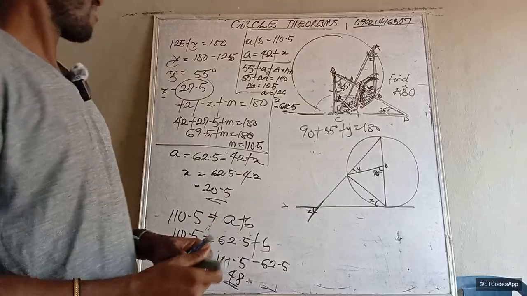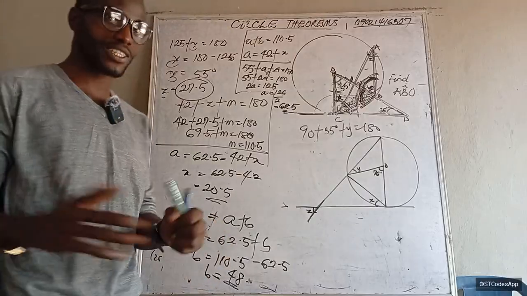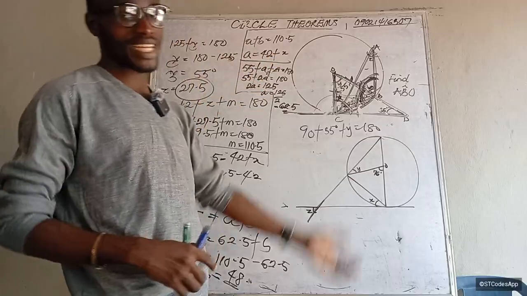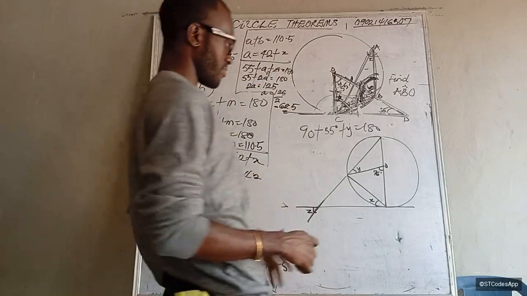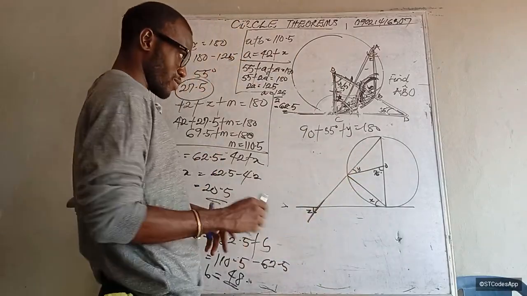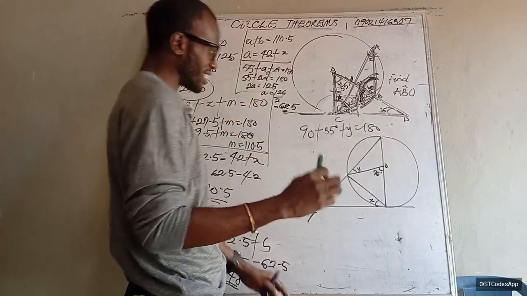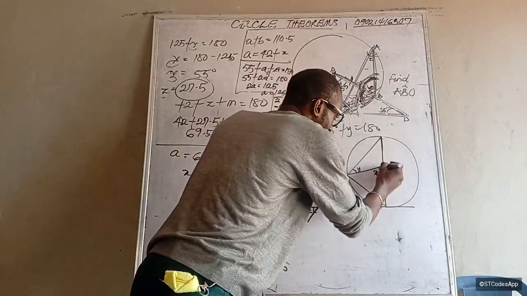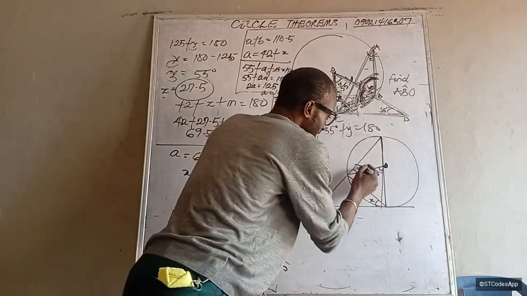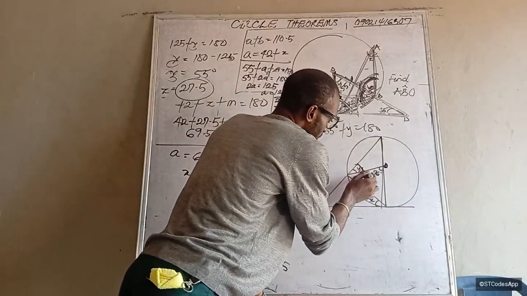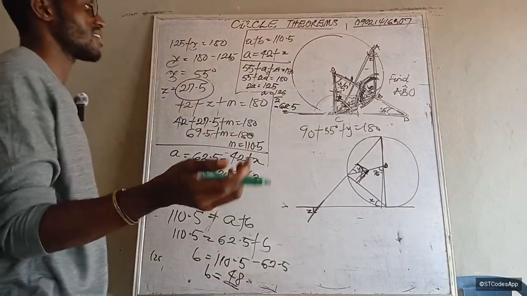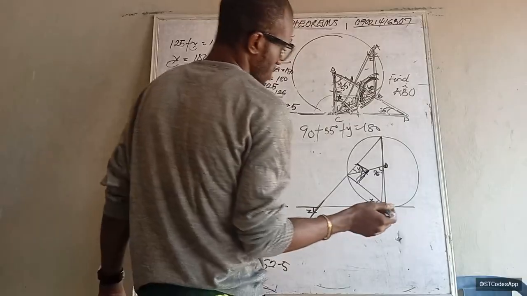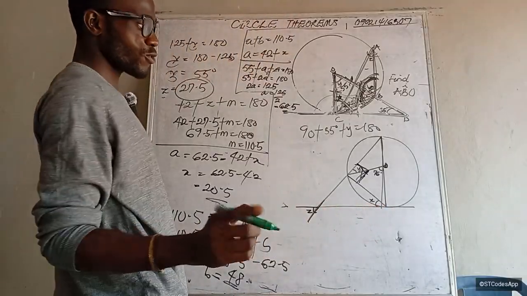Is it clear? You see, if you understand those axioms well, you can solve it another way. There's another way I can solve it, and we'll still get the same answer. For this one, it's also very simple. In fact, the first thing I'm noticing is the diameter here, because it's in the semicircle. So this angle is 90 degrees. You see? Sorry, 90 degrees. If that's the case, then we also know that